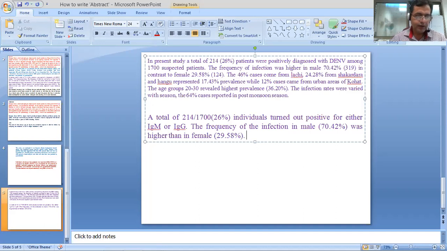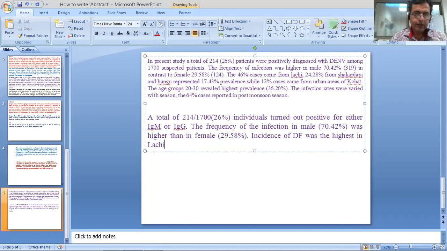So I can write that incidence of dengue fever was, for instance, I write the highest in Lachi area, as he has given here. Lachi, it's 24.28% that he has given. I would write it, followed by